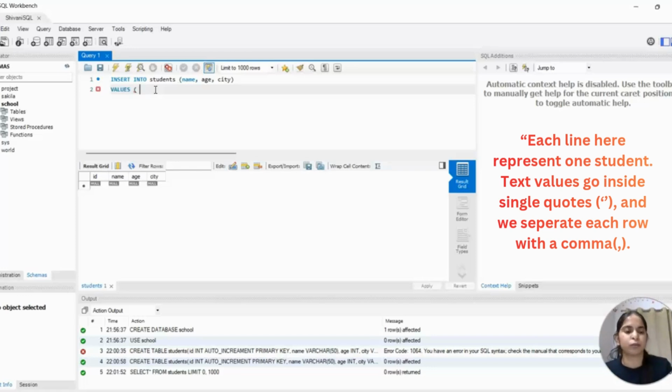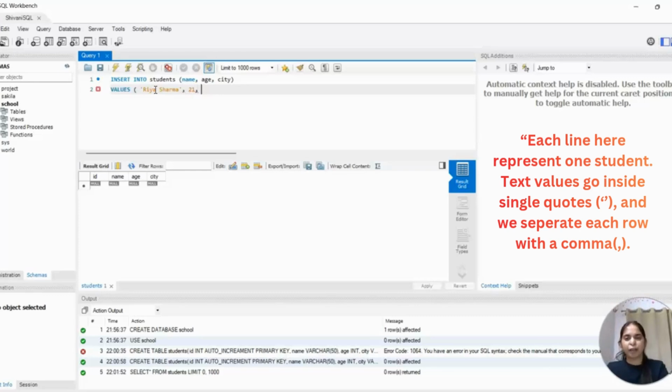Okay, so I will tell you, single quote, then we will write Riya Sharma. Okay, then single quote close, then comma, then we will write age 21.